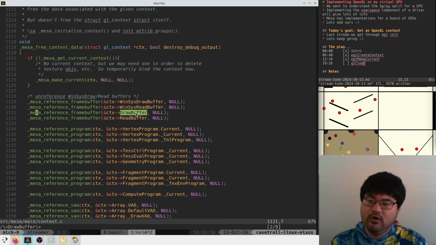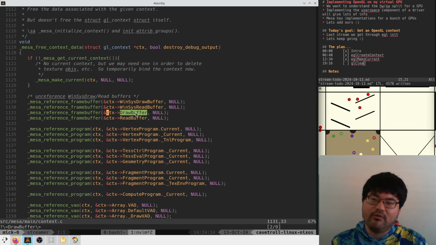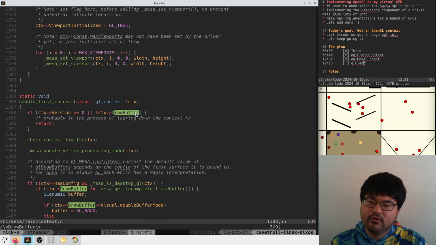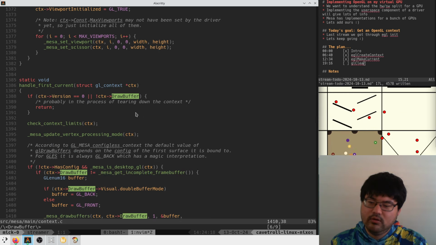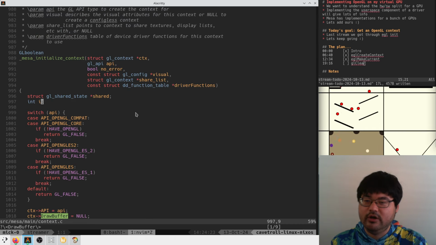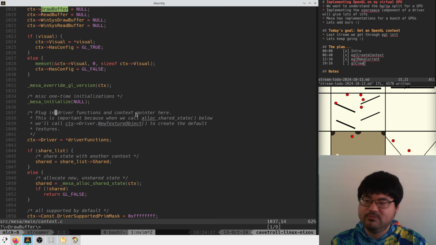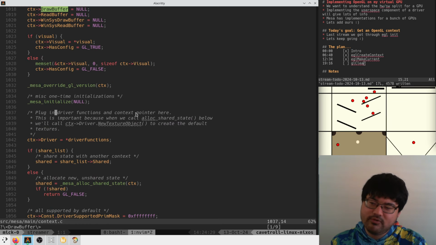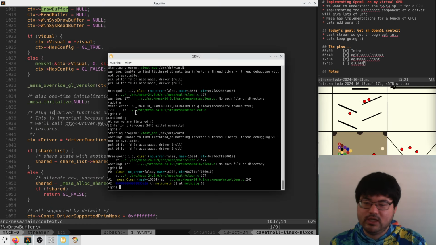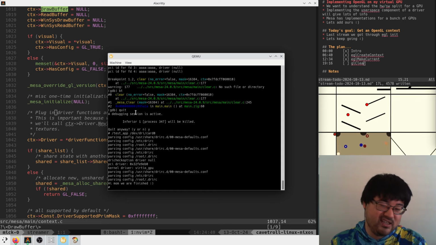Okay, so this is just referencing a frame buffer. Somewhere they must set this thing, right? Here they set it to null on initialization, which feels kind of weird. But I guess maybe you create the draw buffer somehow. Let's actually double check here. If we call test app on dev dri card 0, we do not see that log,